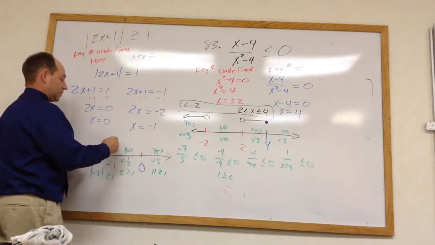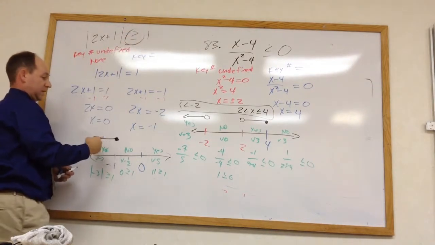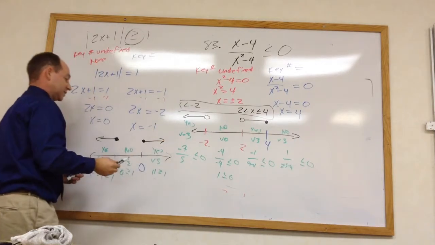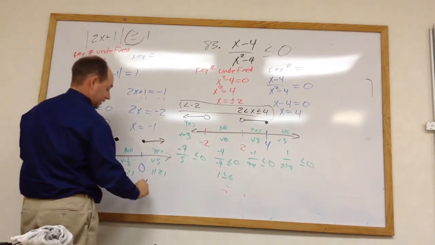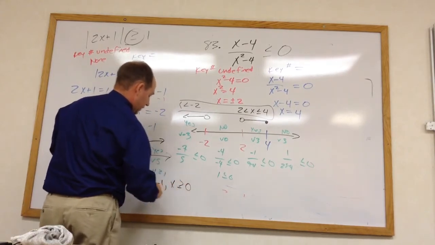So at negative 1, it will be closed because this is a less than or equal to. So at negative 1 to there, and from 0 and up to here. We need to list this as two different regions. x is less than or equal to negative 1, comma, x is greater than or equal to 0. You can't put this as one